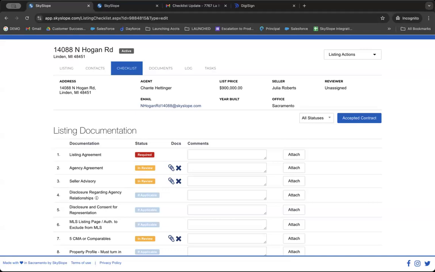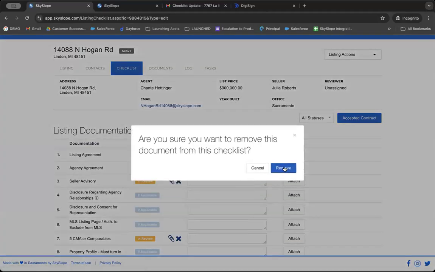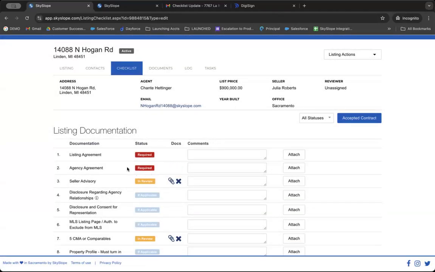To keep us on track for our demo today, I'm gonna have to continue, but you're more than welcome to play around with that once you get into your account, to see how that auto-populates the information. Now, at any time, if something is uploaded to a checklist and you're like, actually, I shouldn't have done that yet, you can select on this X here and then select remove, and it will always revert back to its